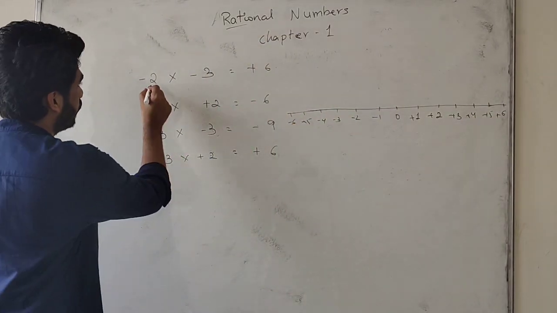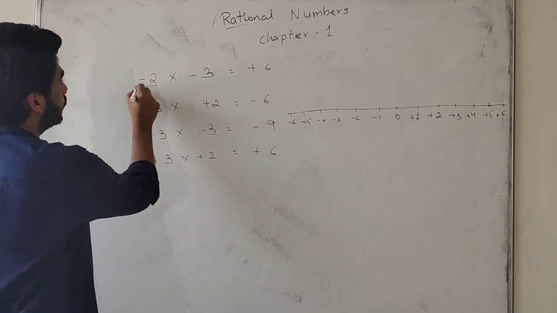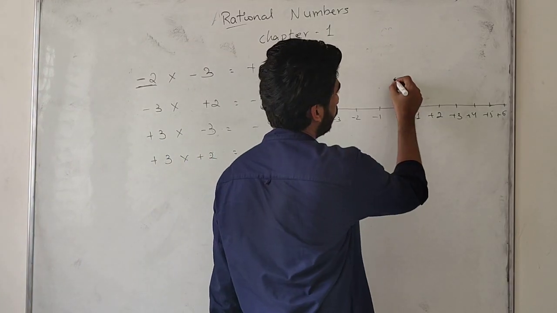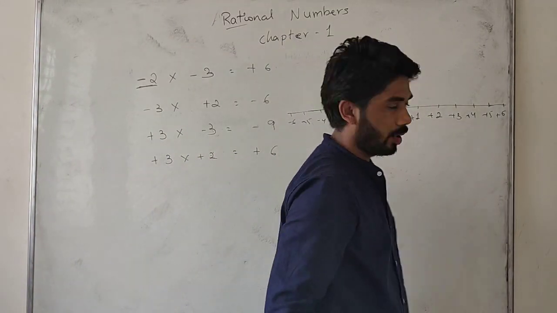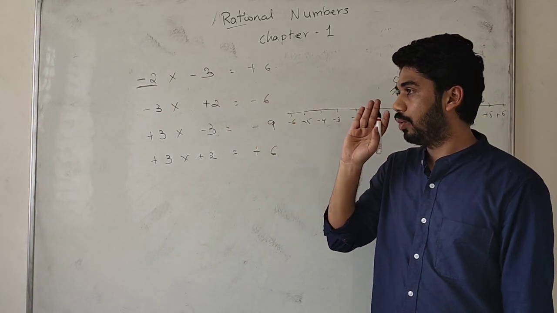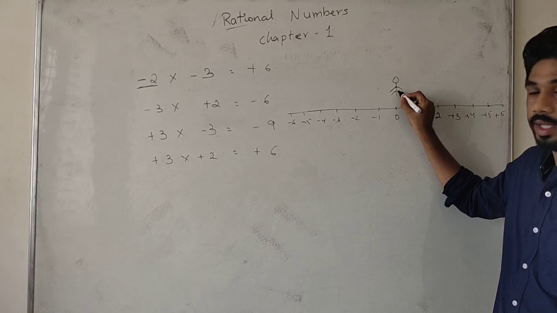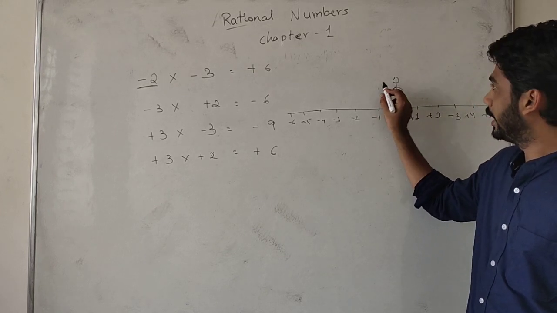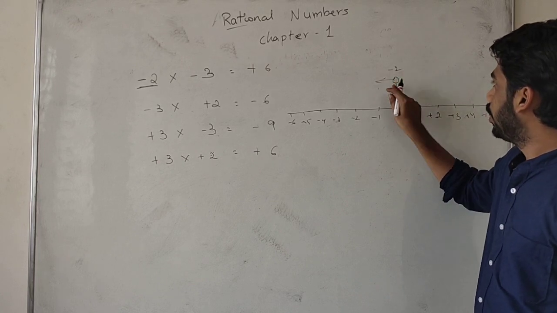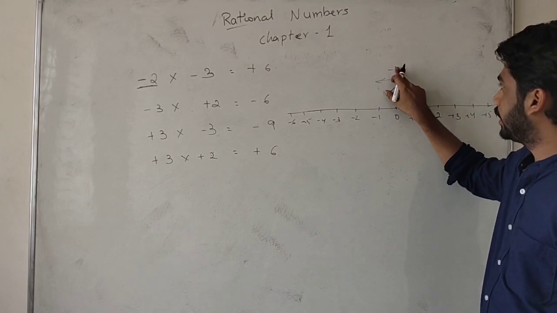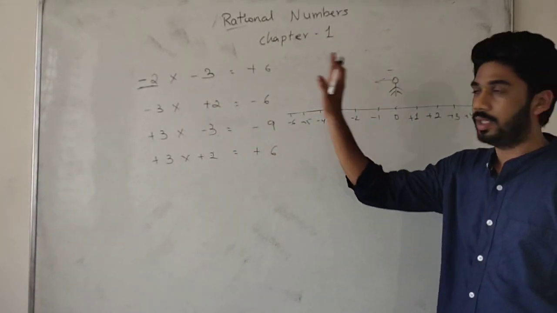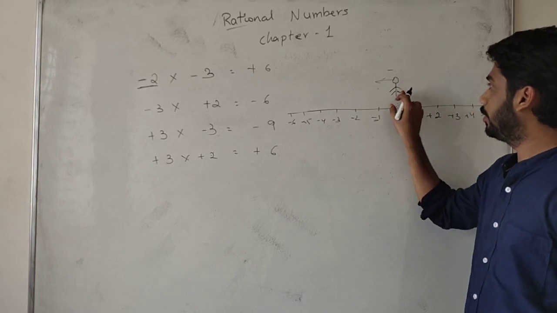So friends, try to understand. First you consider a term. Here, a minus is there. A person will be standing in this way. Minus sign means I have to look in this direction. Minus sign means you have to look this side. He will be looking this side. So what is this one? Minus 2 is there. This minus sign indicates that the person will be looking in this side. So it is a minus sign, so the person will be looking inside.